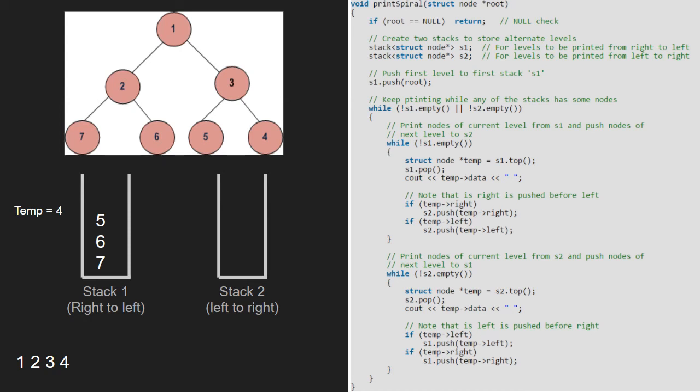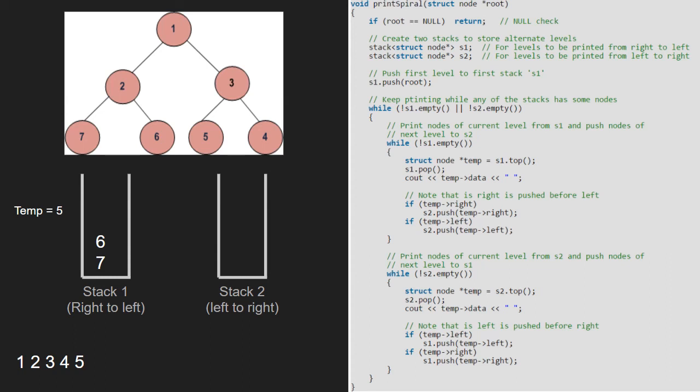We continue with the first inner while loop. Now temp will point to 5. Again 5 will be popped and printed. Since left and right child of 5 is null, nothing is pushed into the stack.